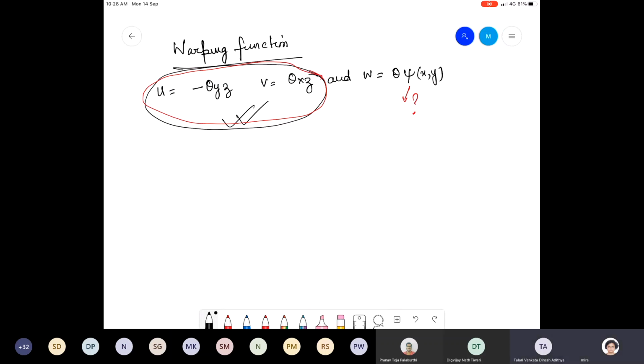Yeah, yeah. So we can obtain the shear stresses tau xz and tau yz in terms of our stress function. And we also can obtain tau xz and tau yz from the displacement function. Now, if we relate these two, we are going to get the expression for the warping function. So let us do it. Okay. Let us try to solve that problem. So tau xz